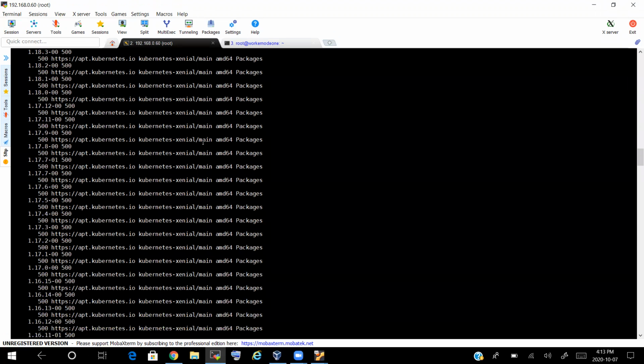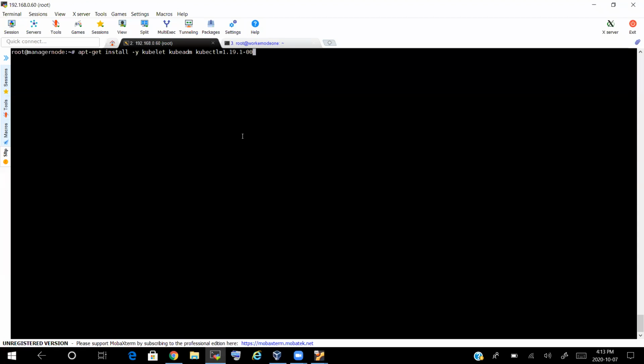So you have to paste like this: you need to give equal to and that particular version number. That's it. It will install only that particular package version. If you don't give anything, it will install the latest one, which is 1.19.2. So keep this aside.